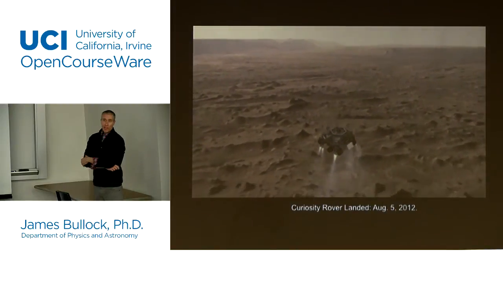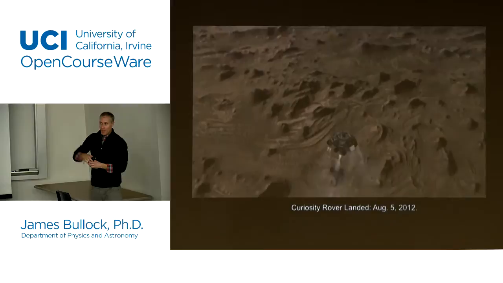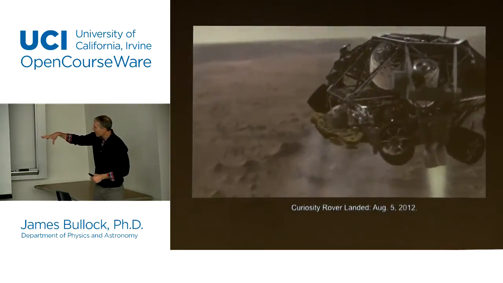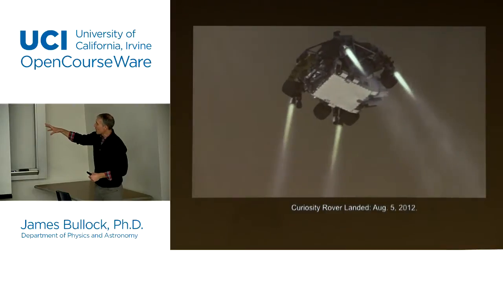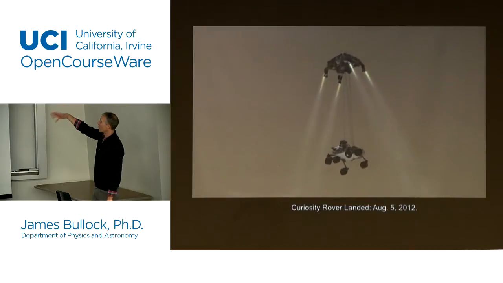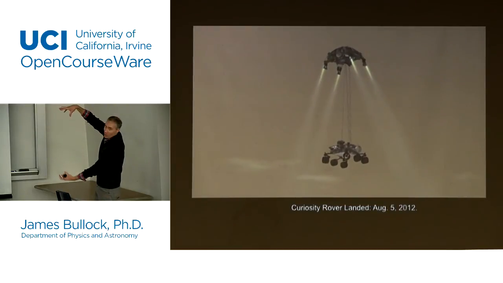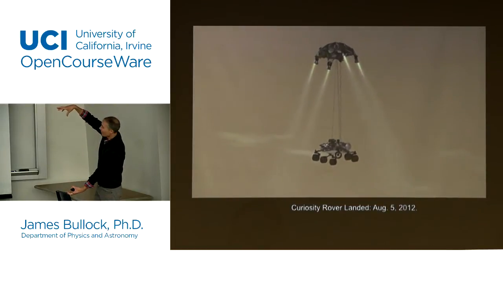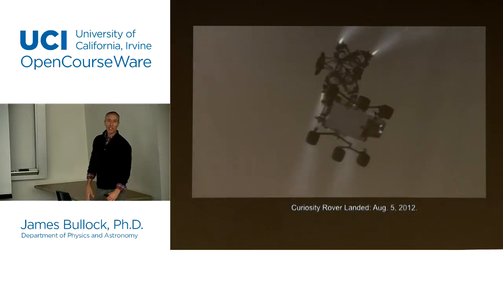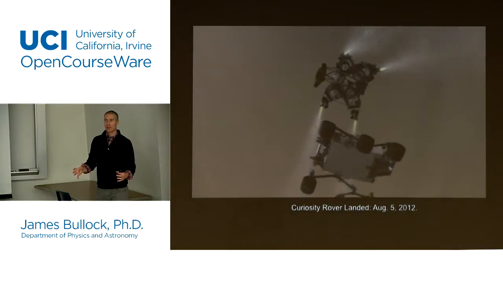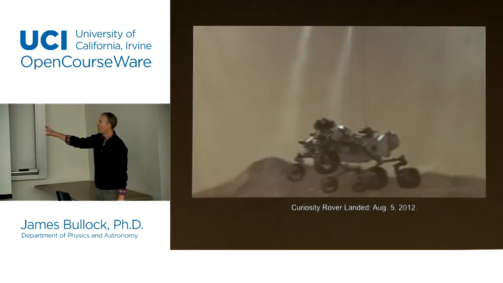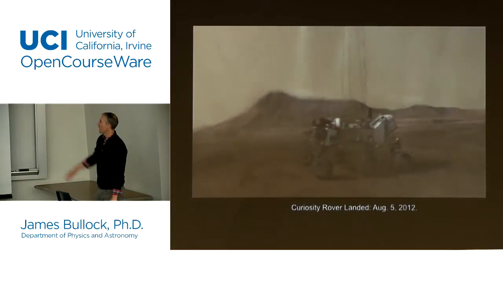There were little jetpacks on it that kept it from falling straight down, and they ended up very slowly getting this thing to the ground. Now this is just a movie that they made to explain. Oh yeah, this is the craziest end part too. Now it hovers and they just lower the actual rover down on this line. They actually did a live movie of when they did it, and it's sort of crazy to watch it live. It's not as pretty as this one, but I showed you this one just so you could see what's going on. This is just an artist's depiction of what happened.